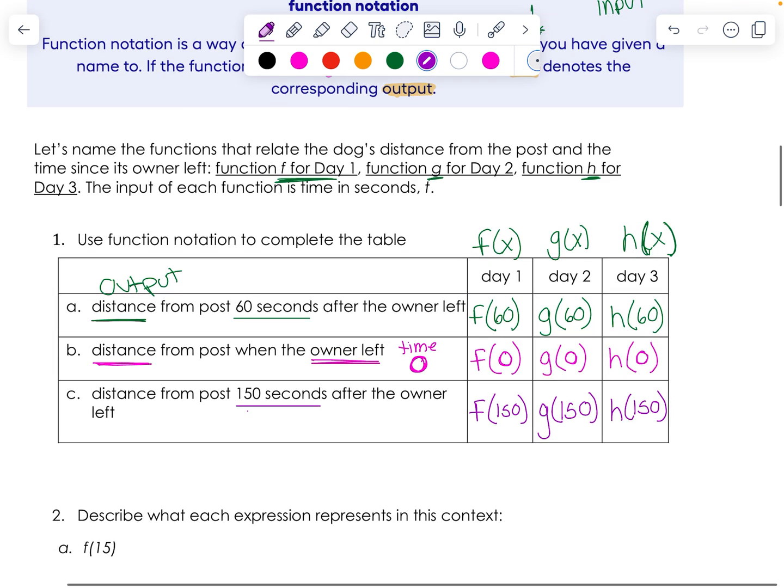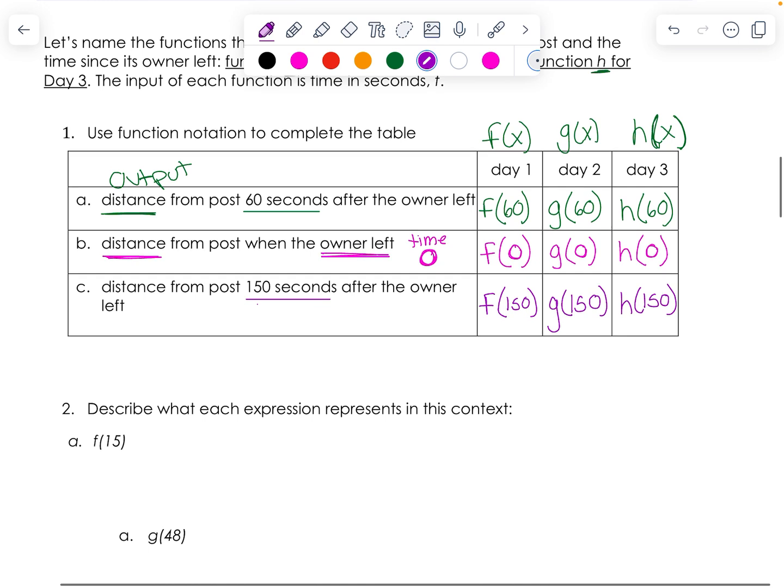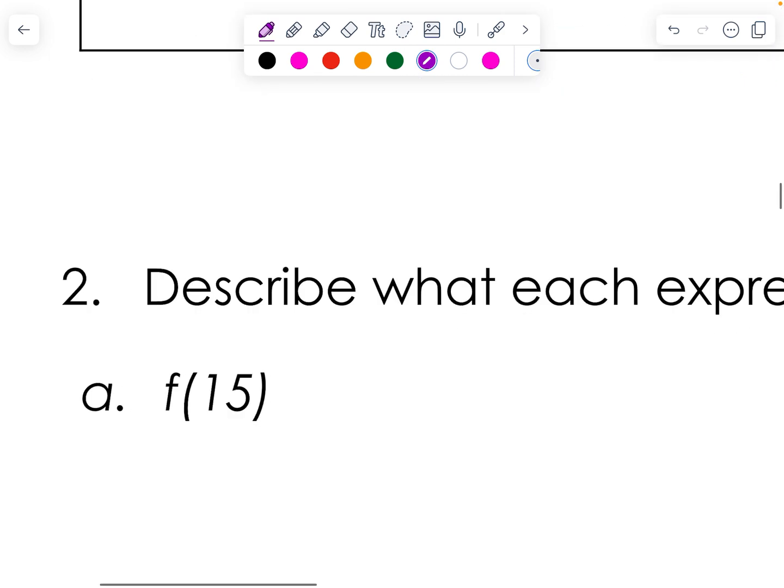Okay, so let's try going the other way. If I give you the function notation, can you describe which expression and what it represents in the context of this problem about the dog? Okay, so f of 15. The f means day 1, right? The 15 is your input. If you were to find this,